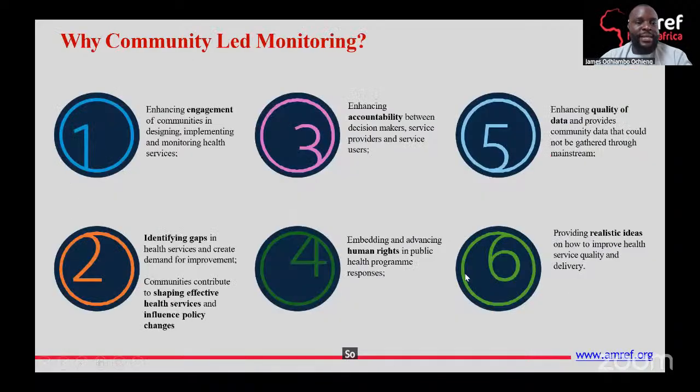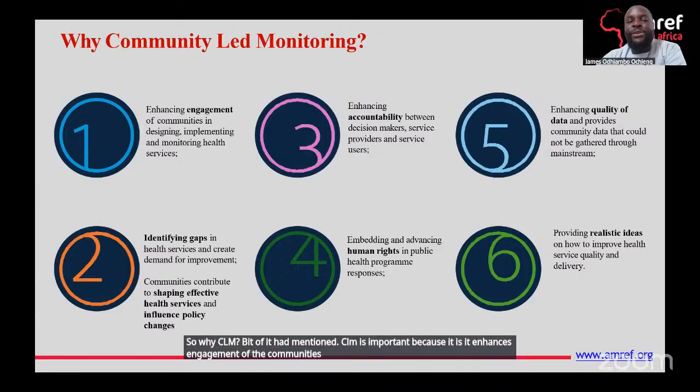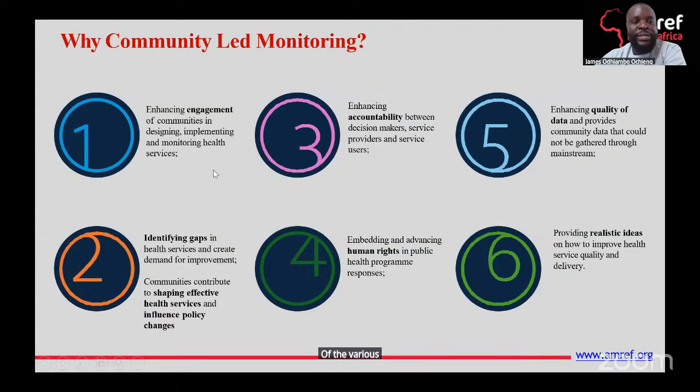So why CLM? A bit of it I had mentioned. CLM is important because it enhances engagement of the communities, not only in the consumption of the services, but right from the designing of the various health interventions all the way to monitoring of these services.